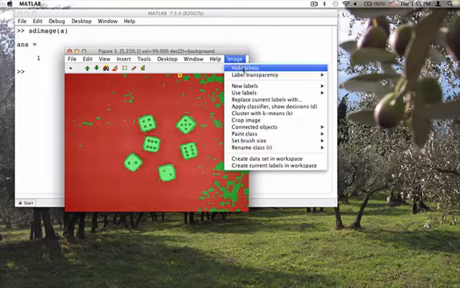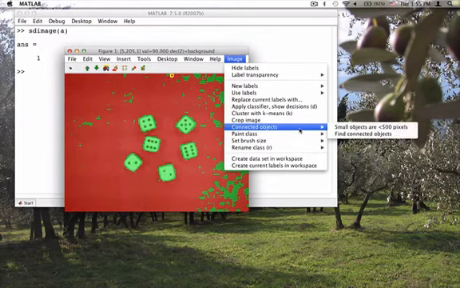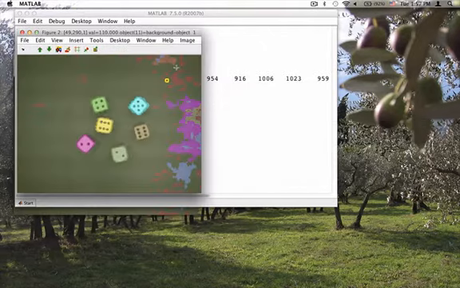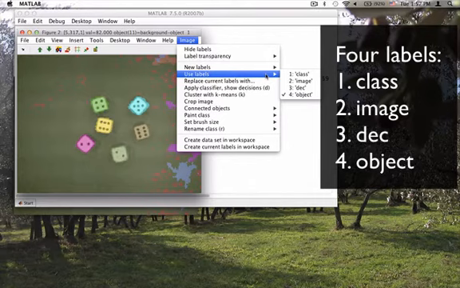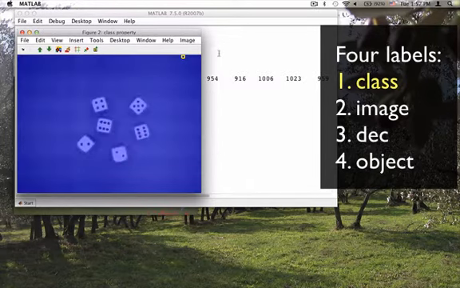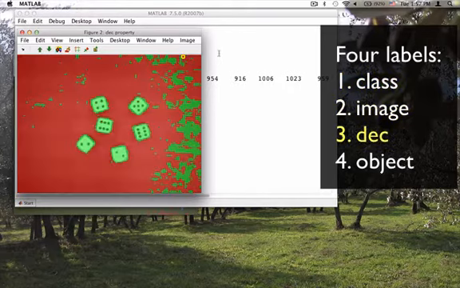We can now segment the separate objects present in the image based on the classifier decisions. This step generates a new label set, called object. We save the entire dataset to the MATLAB workspace. The data A has multiple labels: a class label, which is set by default as unknown, an image label that stores the file name of the original image, the decisions of the dice detector, which label each pixel into dice